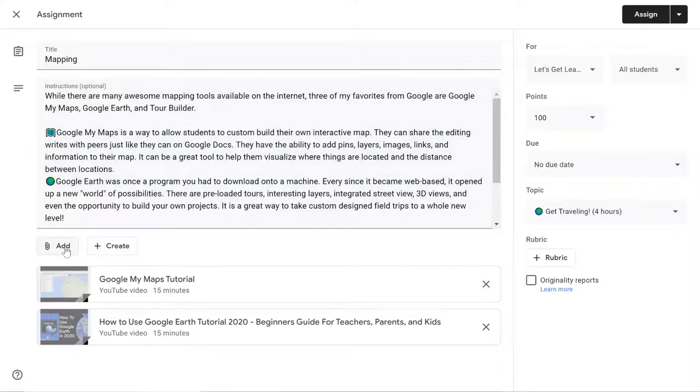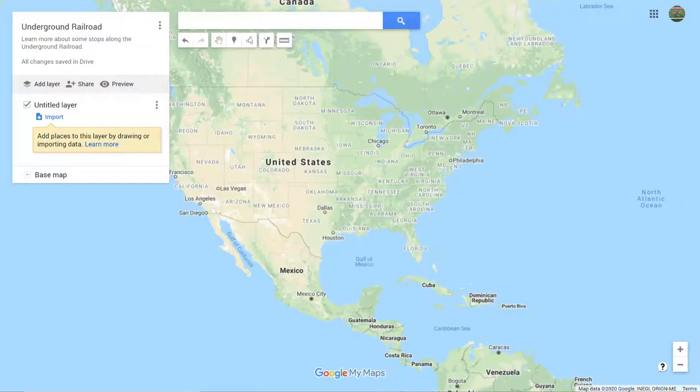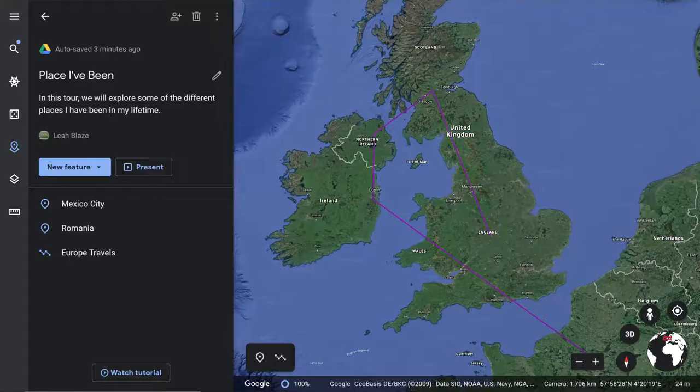So pretty much I create that project. I've created a simple project in Google My Maps called Underground Railroad. I haven't actually added any points yet. And then I created another project in Google Earth called Places I've Been, and I added 3 different points and customized those points. So you can, in both of these apps, use the share button. And if you click on the share button,